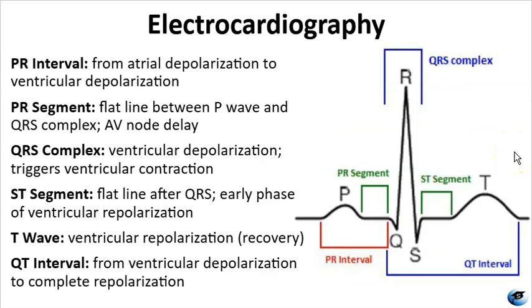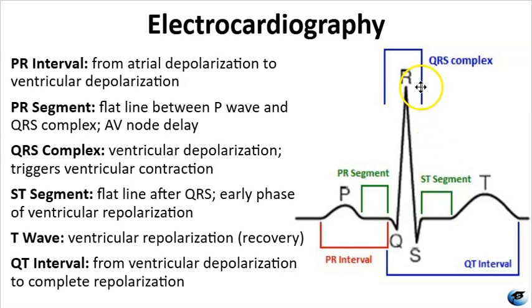Now let's break down the key parts of the ECG waveform and what they represent in the cardiac cycle. The PR interval covers the time from the start of atrial depolarization, the beginning of the P wave, through to the start of ventricular depolarization, which is the beginning of the QRS complex. This reflects the time it takes for the electrical impulse to travel from the atria to the AV node to the ventricles. Then you have the PR segment. This is the flat line between the P wave and the QRS complex. This corresponds to the AV node delay, where the impulse pauses briefly to allow ventricles to fill with blood before